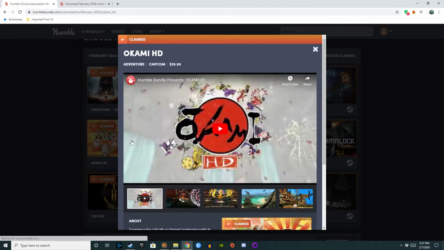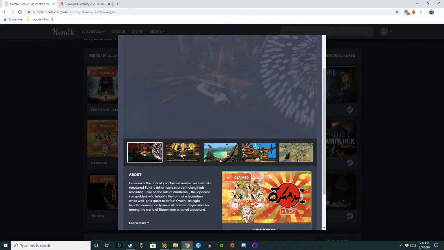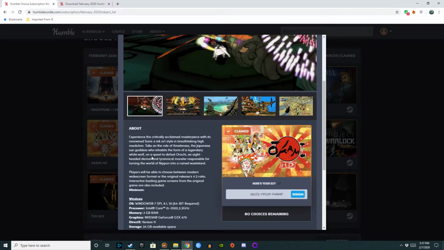Next up, we have Okami, one of the original games from a long time ago, where you play the sun god, Okami. But it says, experience the critically acclaimed masterpiece with its renowned Sumi-e ink art style in breathtaking high resolution. Take on the role of Amaterasu, the Japanese sun goddess who inhabits the form of a legendary white wolf, on a quest to defeat Orochi, an 8-headed demon and tyrannical monster responsible for turning the world of Nippon into a